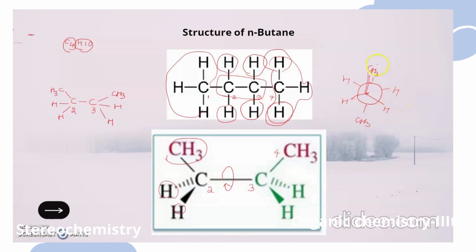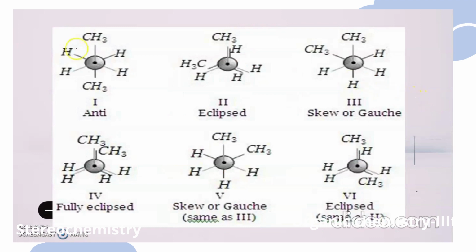So let's now see, by bringing out different angles of rotation, how different conformational isomers of butane could be reported. So this is the Newman projection formula of your n-butane. The central atom, that is C2 carbon, is represented here with 3 substituents. One is methyl group and the other one is hydrogen. The third one is also hydrogen. And this is the rear end carbon, that is C3 carbon, which is represented with a circle, and it is having methyl group and 2 hydrogens. So this is the first conformer of your n-butane.